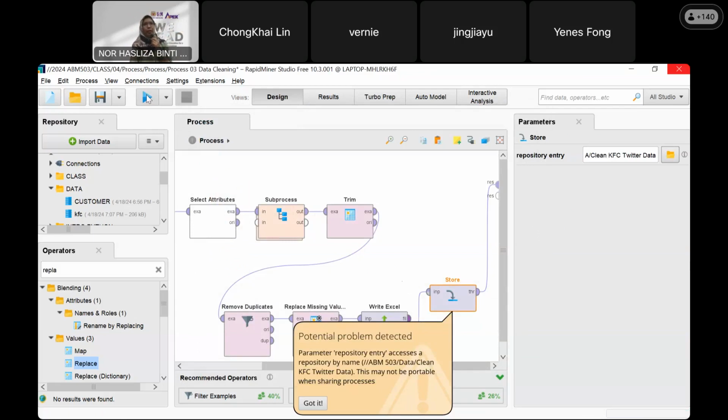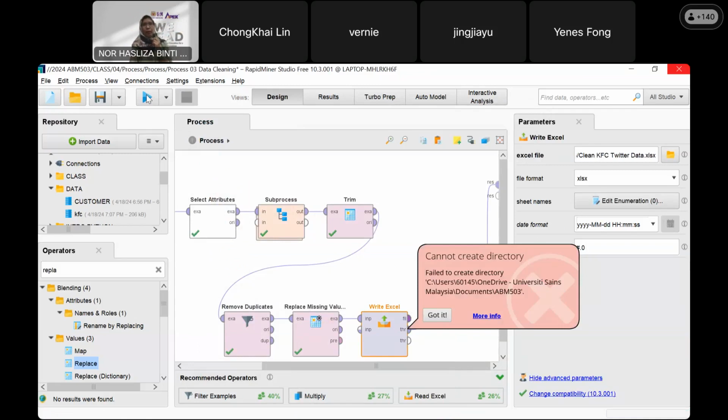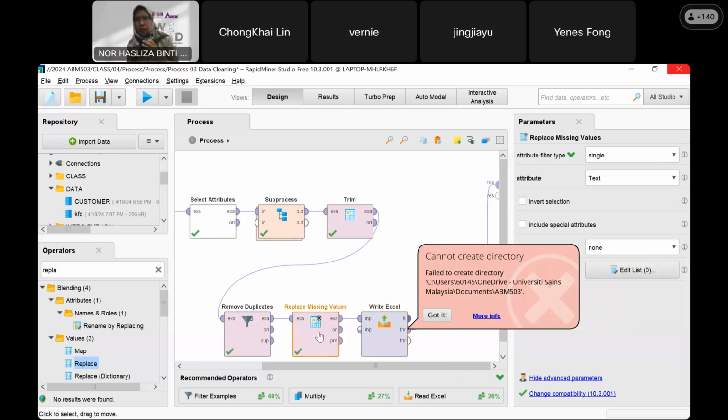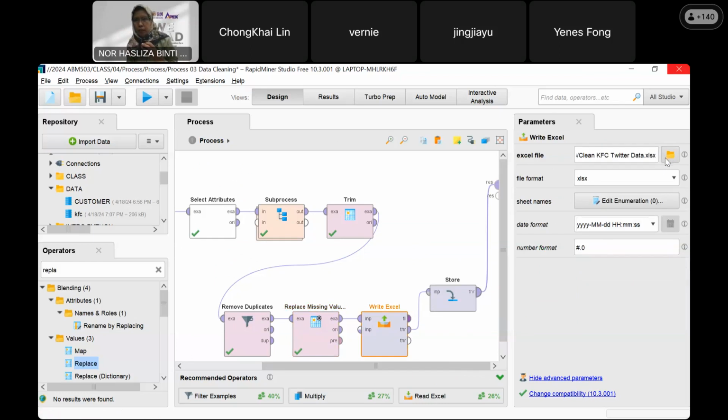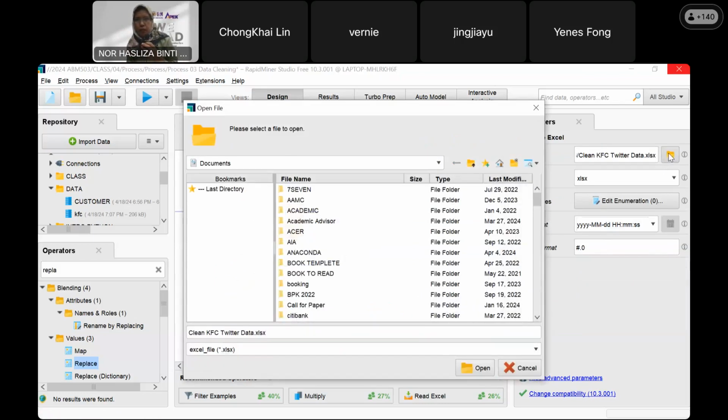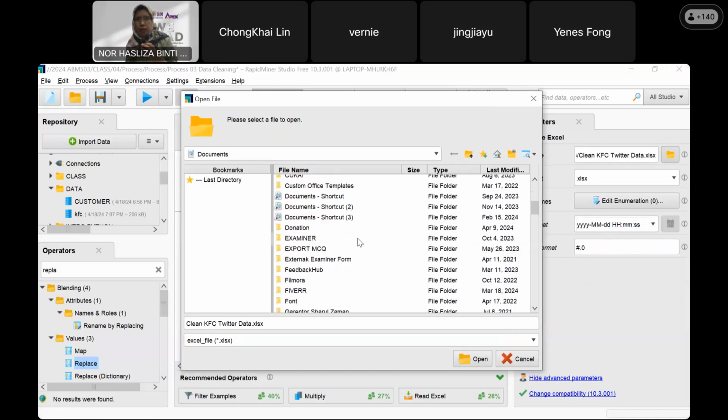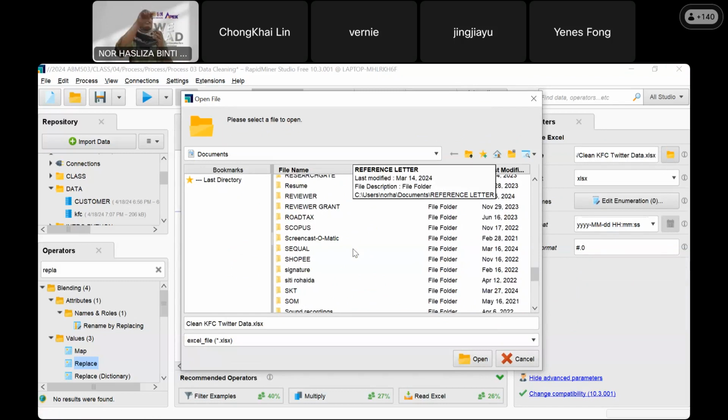So I'm not sure, you can try to execute the whole process. Cannot. What's wrong? Because some are blank. You remove. Right here. Remember, write is inside the Windows folder.